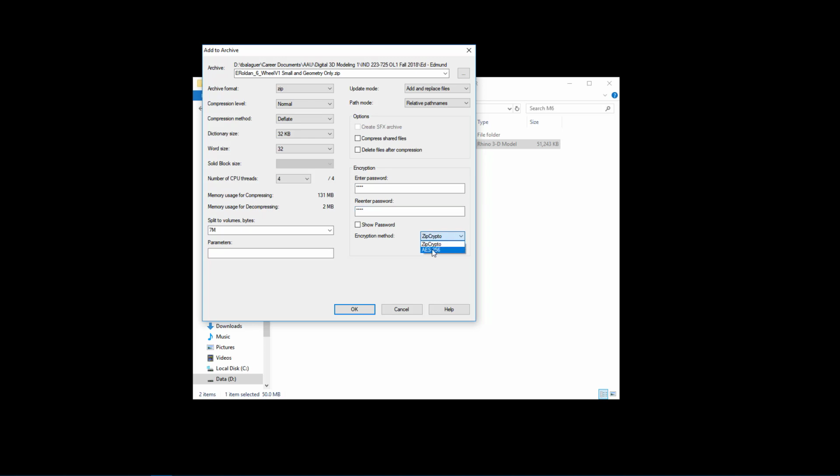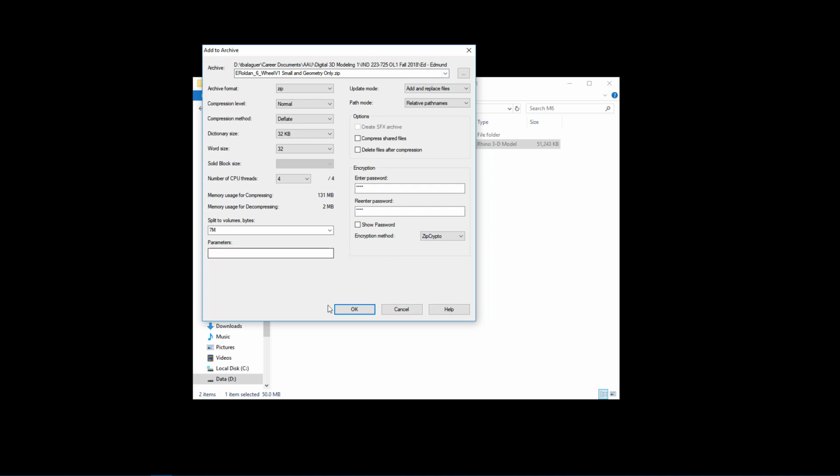And here we can use the default zip crypto or the standard AES 256. This is pretty standard. I find that zip crypto is completely fine, so I've never used the other setting. Now, if the other setting was the 5, I believe it's 5, what is it, 5 something? There's another one which is more secure. So if it was the more secure one, I would consider using it. Anyway, yeah, I believe it's 512, 256, 512. So if you're using 512, maybe it's more secure and it's worth using the other encryption option.